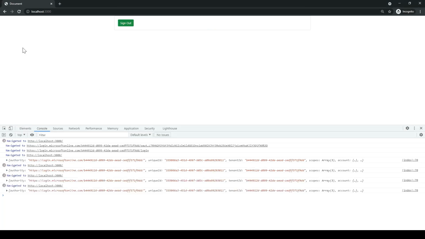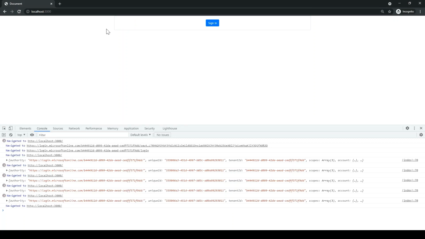There's one more issue. If I just refresh it, again it is just going to the sign in button, and I'll click here to sign out and refresh to again sign in. But this is not the correct way. On the refresh, it should not take me to the sign in. So let's go and handle it. The issue is basically the token is cached, but the browser is not able to read the account information from the token. So we have to find the cached token and handle that scenario.